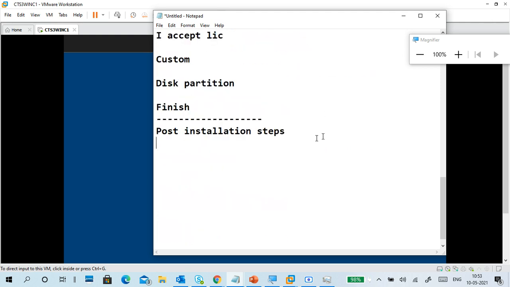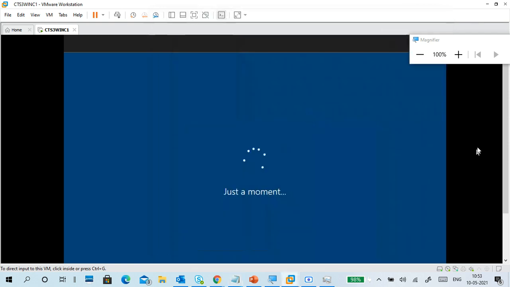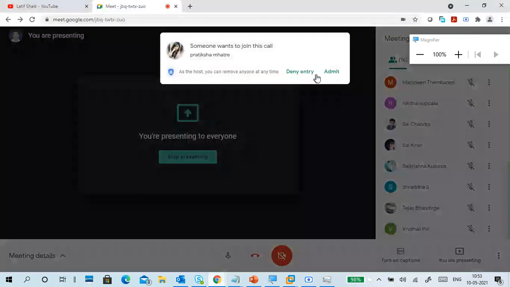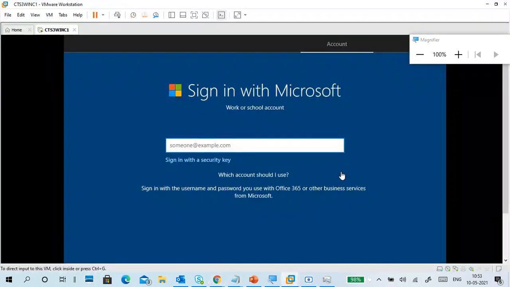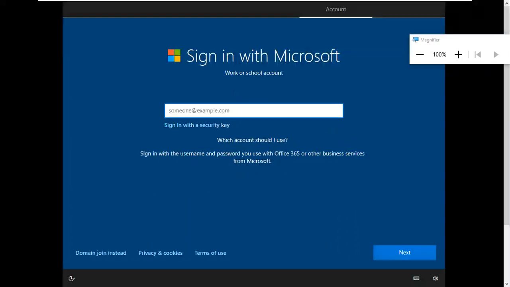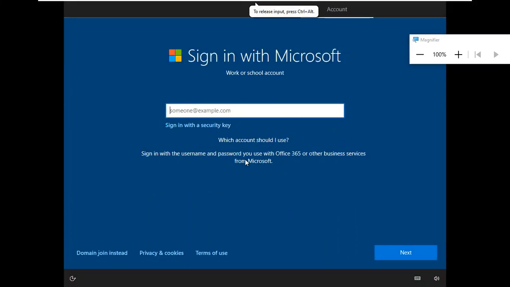Still, it is going on. Installation is faster, but post installation will take time. Diksha came. Now it is asking for account creation, a Microsoft account.